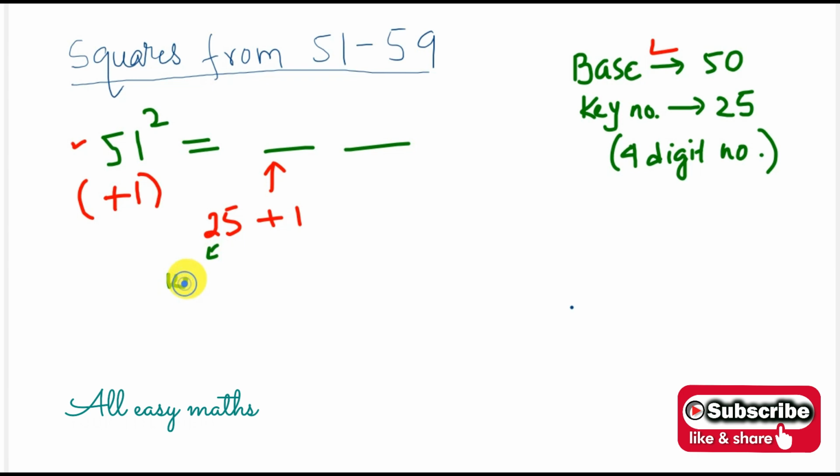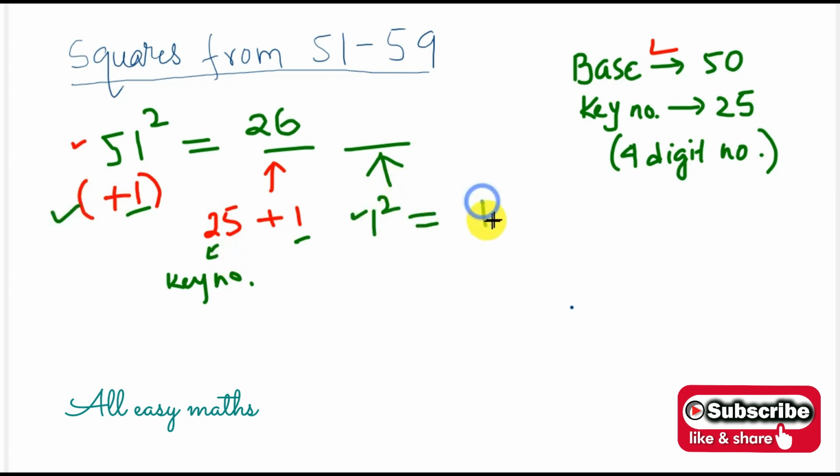This 25 is your key number, and this 1 is the extra part counted from 50. So the first 2 digits will be 25 plus 1, 26. Now the last 2 digits are going to be the extra one squared, which is 1 square. 1 square is 1, but it has to be a 4-digit number, so we will give 0. So the answer is